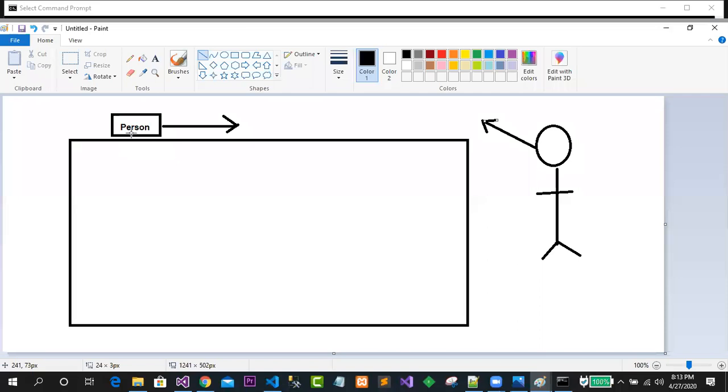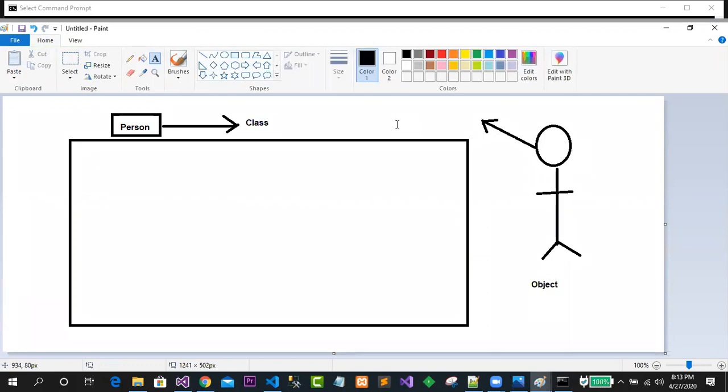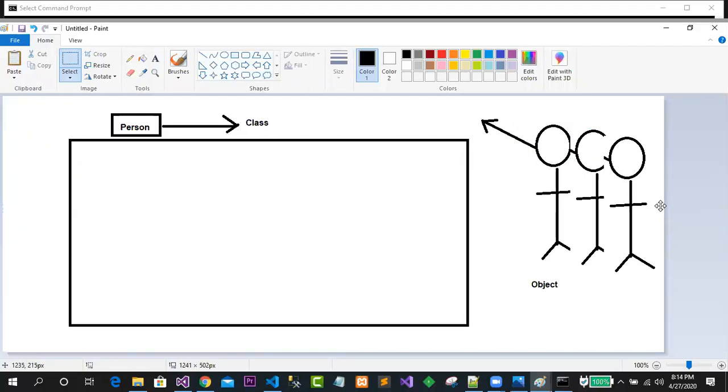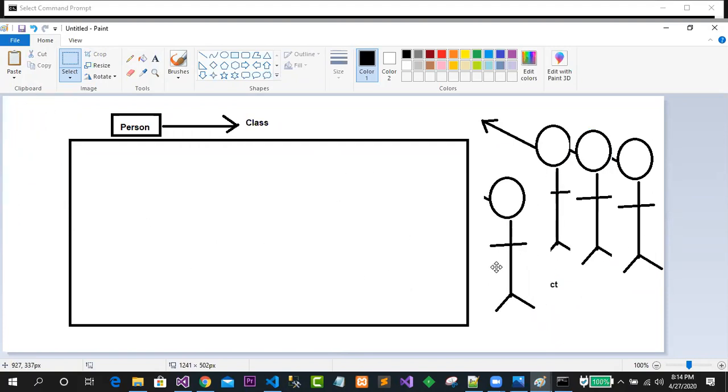The first one is a class, and what is the second one here? This is an object. Clear? So simple a concept. This is a class, and this is the object. Particularly, this thing is an object. It means that however many objects you may have, you may have one another object. Clear? So many objects are possible.